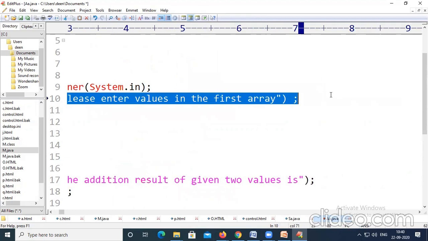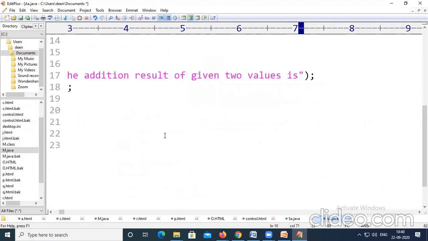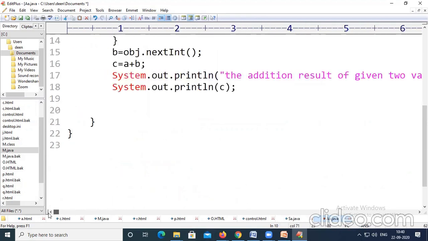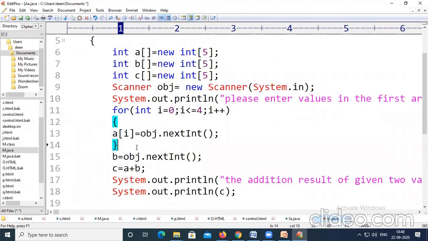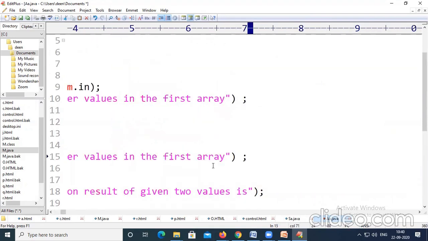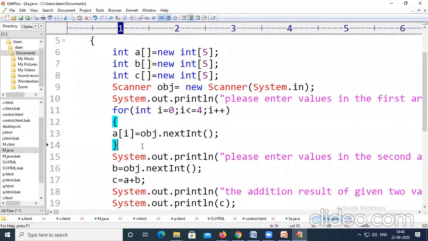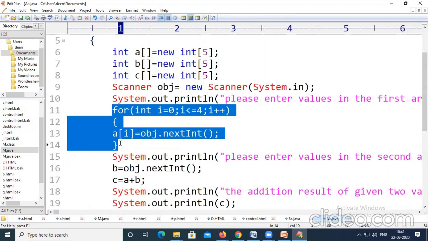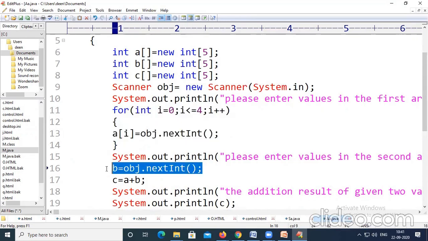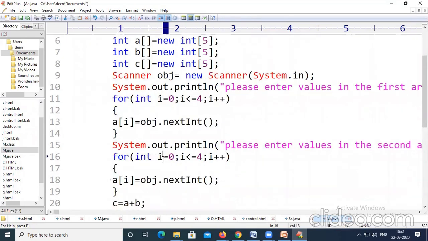Now I am copying this code and pasting it after this one. Instead of the first array, I am going to take the second array, and I am replacing the statement with the following code.